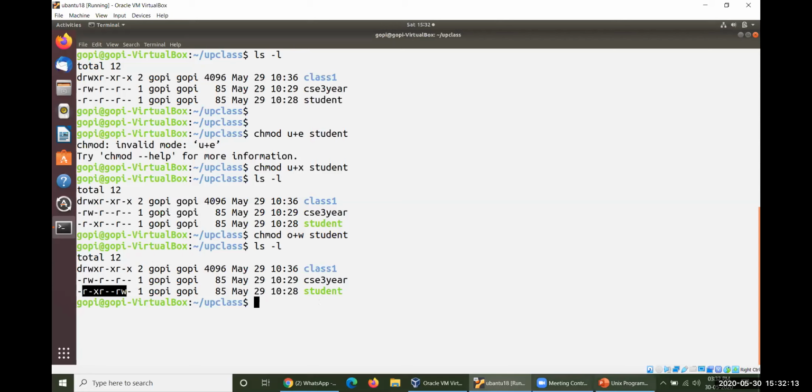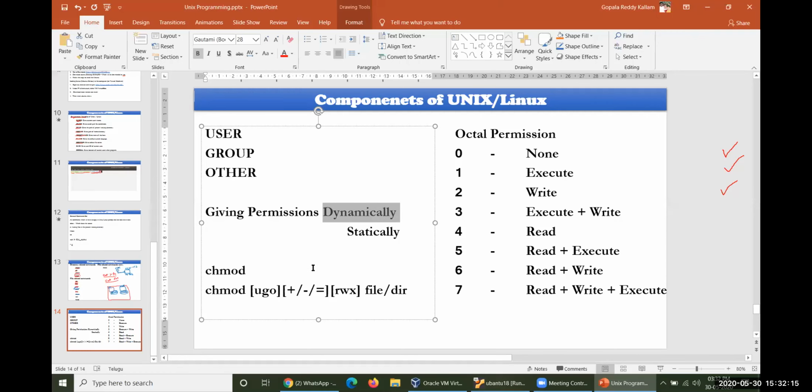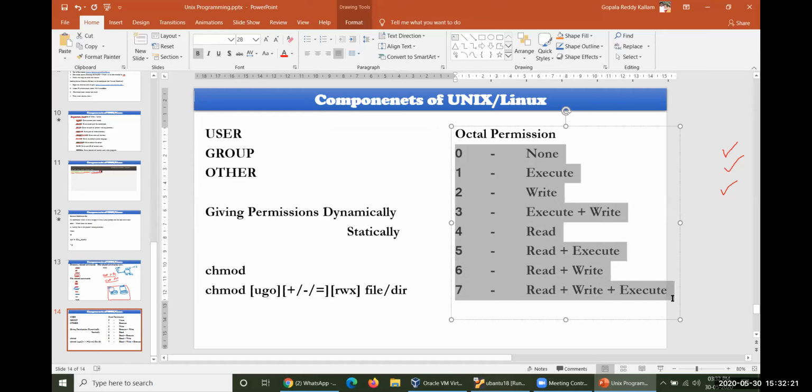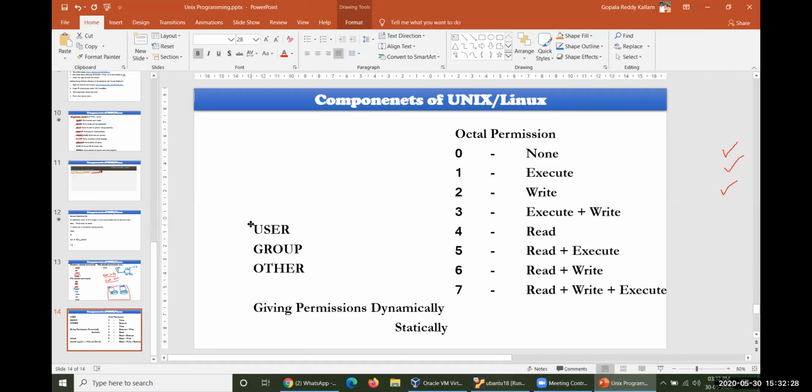So this is the specification. You need to take this particular command very prominently, and you have to practice many times about this one and about the other one also.